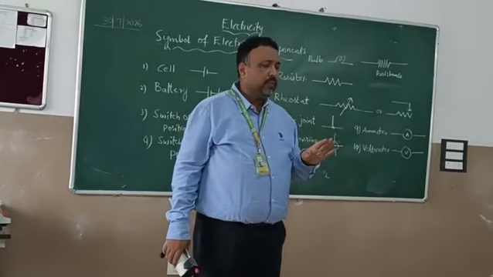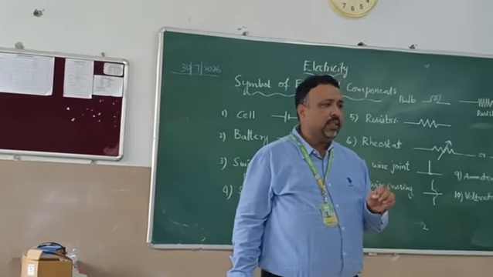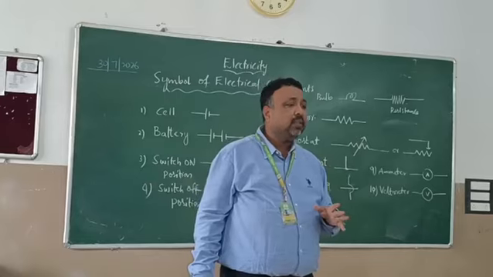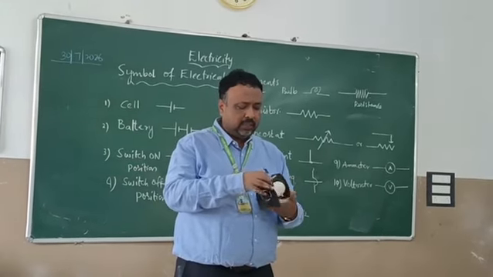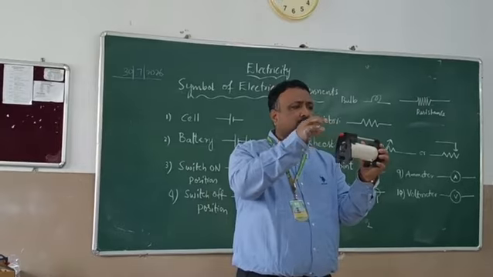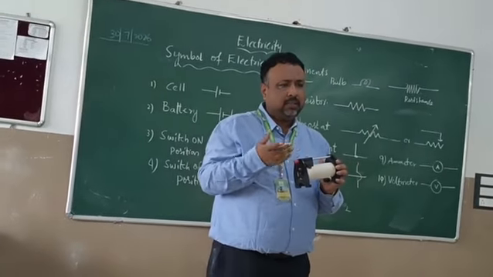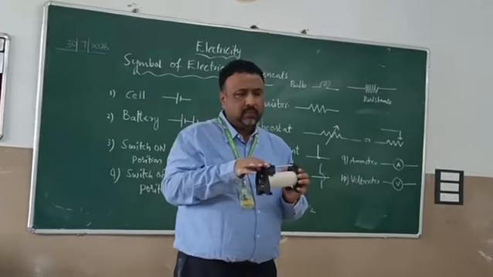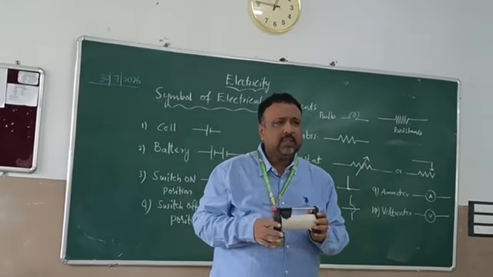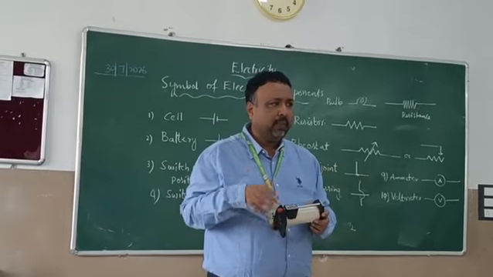The change depends on our requirement. Suppose I want to fix it to a smaller value, I can fix it to a smaller value. If I want to fix it to a large value, I can fix it to a large value. So here I can move this, drag it, and change the resistance as per my requirement. It varies from 0 to some kilo-ohms, and values like 20 ohms. Resistance is measured in ohms. What is the unit of resistance? Ohms, which we will discuss in upcoming topics.